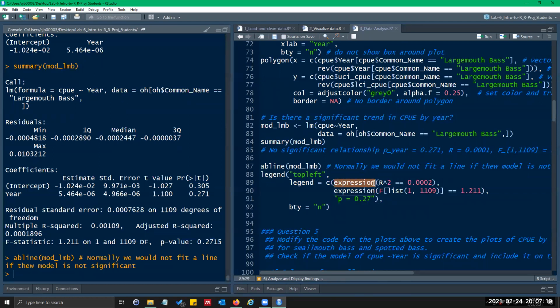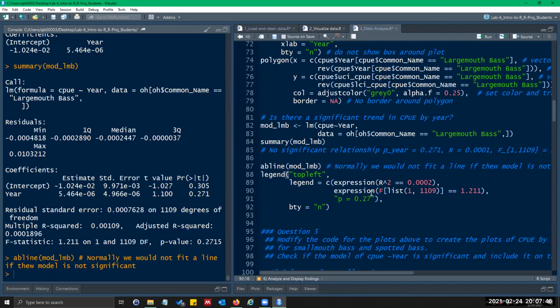This expression command here is going to allow us to put in a nice mathematical formula. So this r caret 2 is going to do r superscript 2. Equal is going to be interpreted as just equal. And then I rounded my r squared, which I got from my adjusted r squared from the summary. The next one I want is the f statistic.